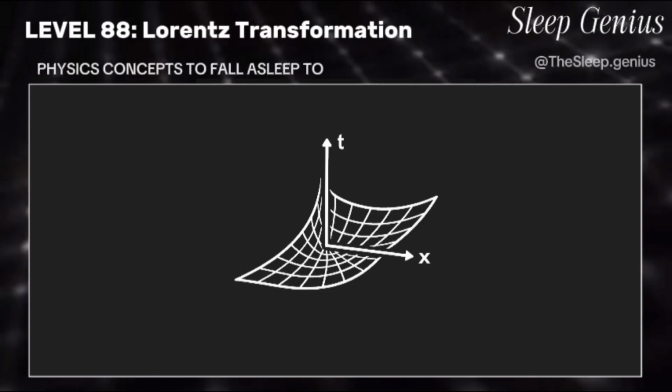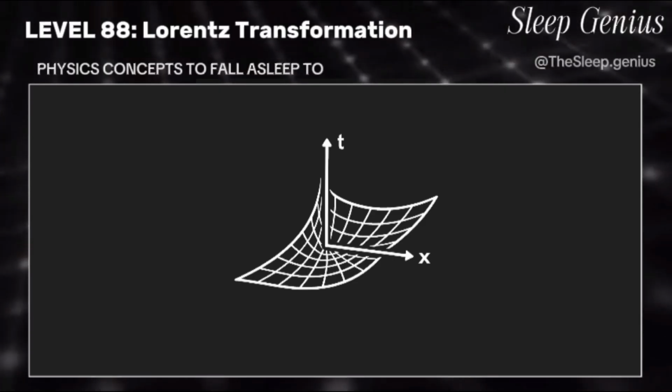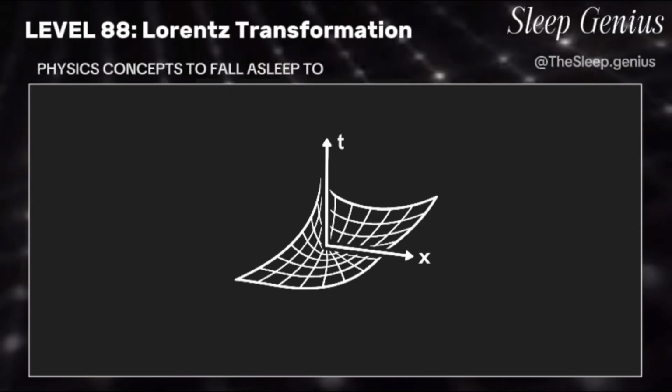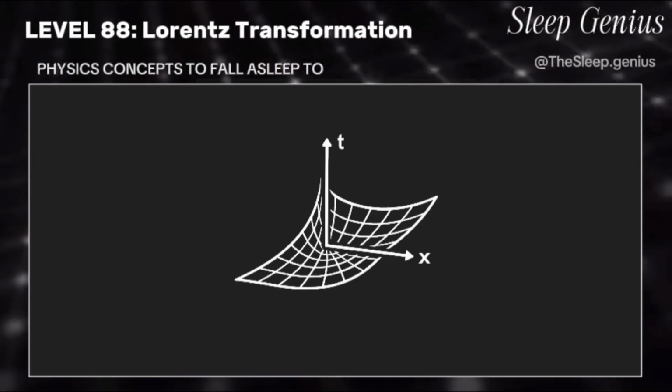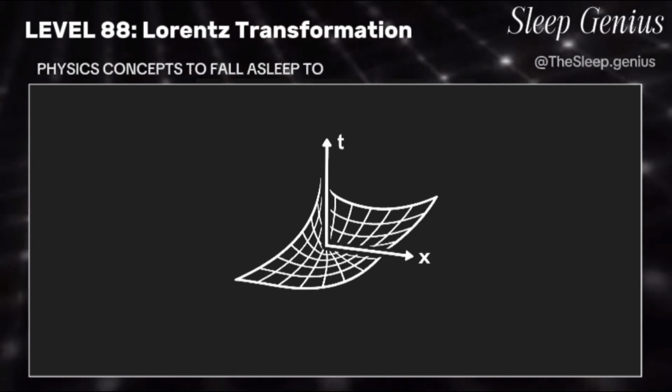Lorentz transformation is the set of mathematical rules that describe how space and time coordinates change for objects moving at high speeds, close to the speed of light. It belongs to the realm of special relativity and challenges the familiar ideas of absolute time and space. Unlike classical physics where time ticks the same for everyone, Lorentz transformation shows that time and distance are relative, depending